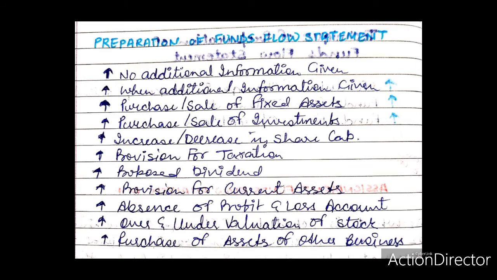Purchase or sale of investments. In a business concern, investments may be treated as current assets or as fixed assets. Investment in marketable securities or government securities representing temporary investments or short-term investments are treated as current assets. Any change in the figures of such investments between the two balance sheet dates is automatically adjusted through the schedule of changes in working capital. Hence, any loss or gain on the sale of such investment, that is marketable securities, does not require any adjustment in the profits for calculating funds from operations.